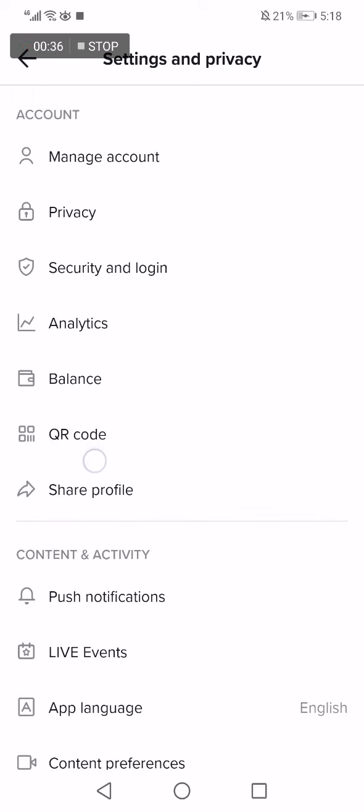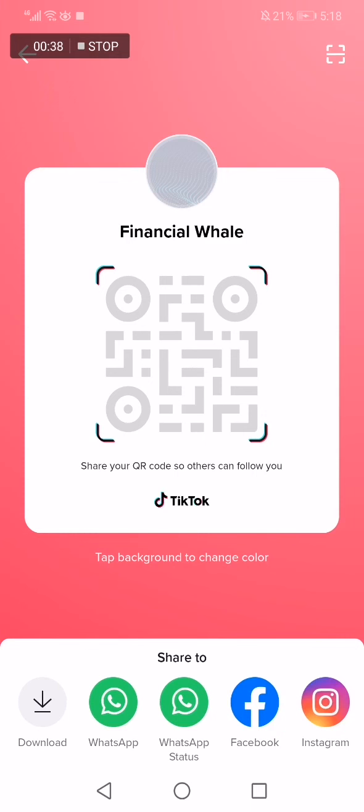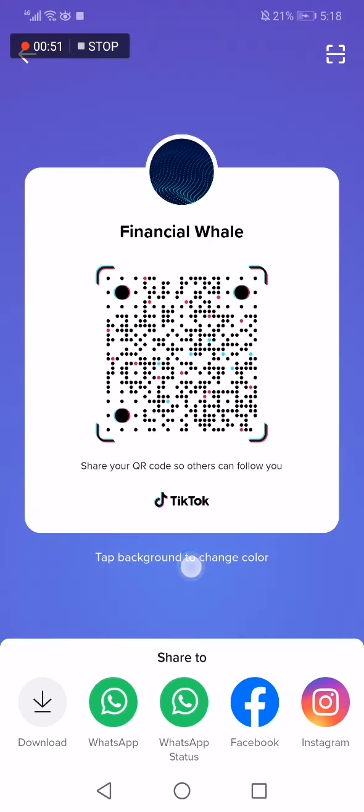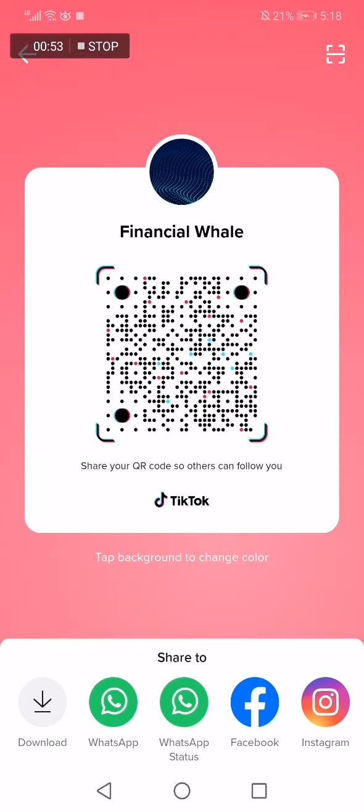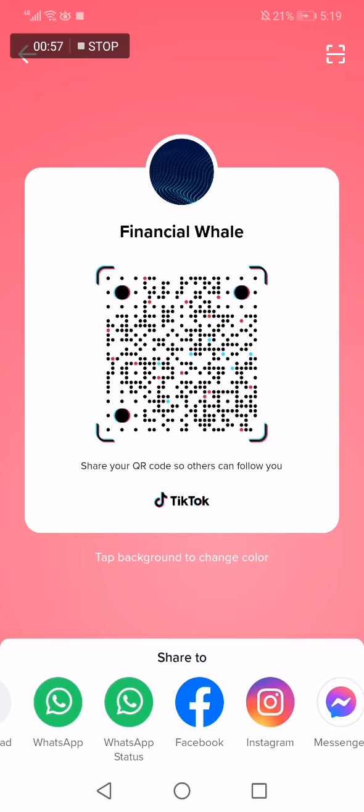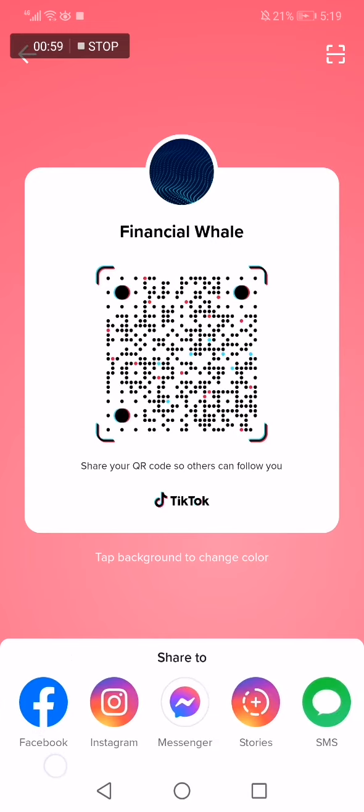Here it is. Now you have to click on it like this, and this is your QR code so others can follow you. Just tap background to change color if you want, like this. And if you want to download it, you can download it from here or share it in WhatsApp or Facebook